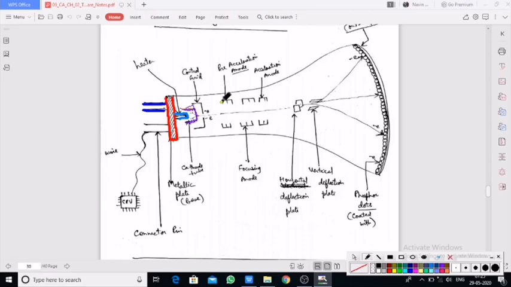Then there is the accelerator anode. These two, and this one in between these two is the focusing anode. See here, the focusing anode, right? Focusing anode. Then two deflectors, vertical and horizontal, these two deflectors,